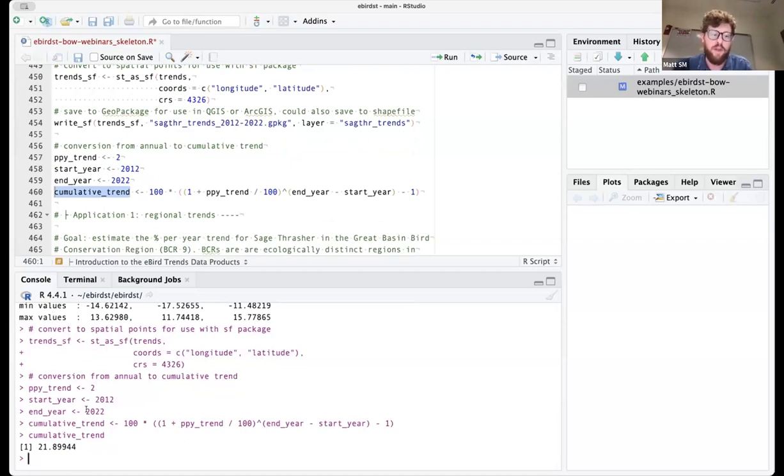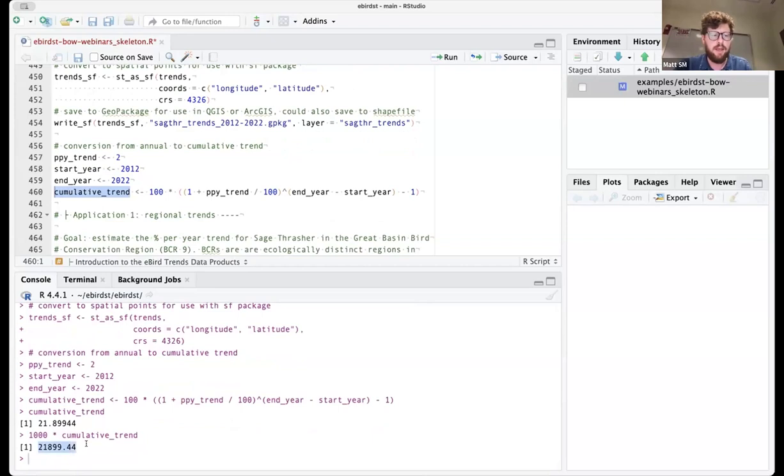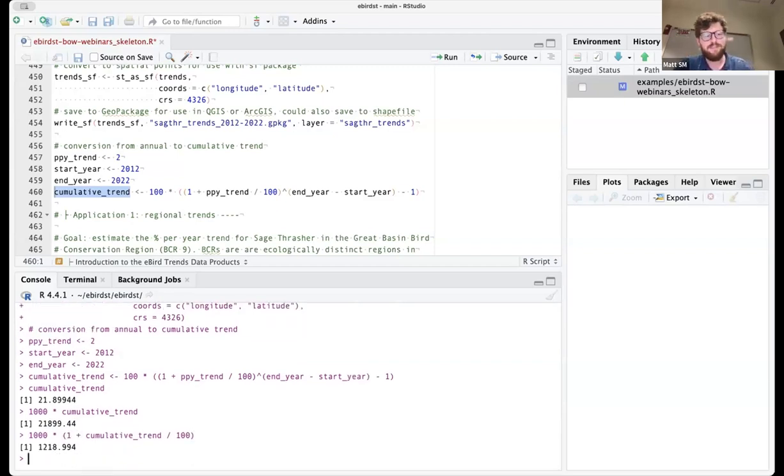So for example, if you knew that you had 1,000 birds, you could then multiply it by the cumulative trend, and it would give you, oh, sorry, I have to divide this by 100 or something, and then add 1. So hopefully that makes a little more sense.